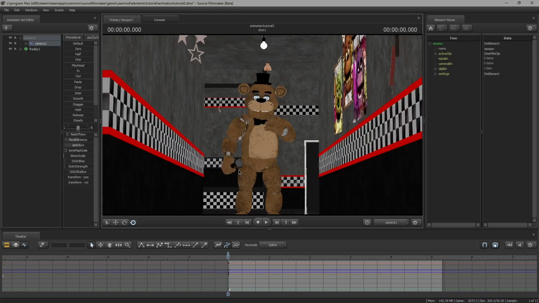I do want to mention Control Z and Control Shift Z is something that will help you. Control Z, undo. Control Shift Z, redo. So just go ahead, animate your camera in any way you want to. You don't always have to animate it, but